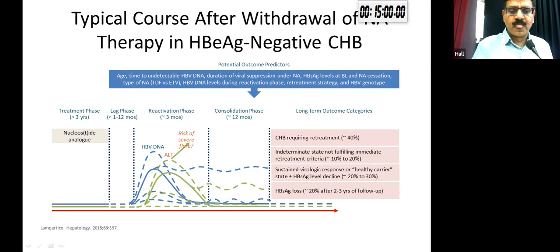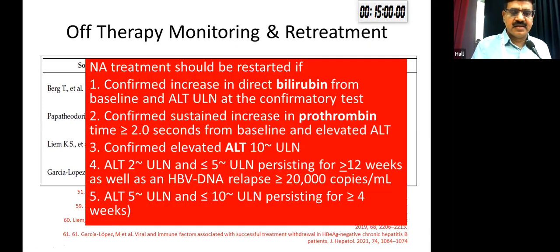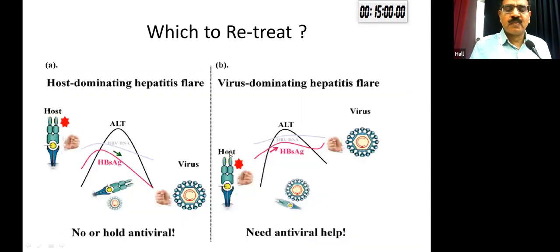When you stop the nukes, you have to follow them very closely, very minutely, to look for the recurrence of the viral flare or the ALT flare. And these are the retreatment criteria which are used, based on bilirubin levels, PT levels, as well as the ALT levels. Whenever there is a recurrence